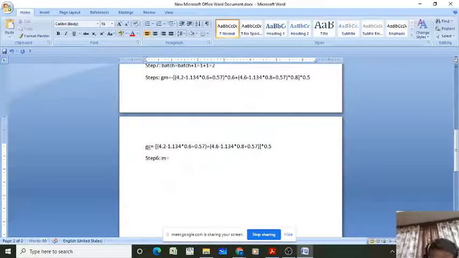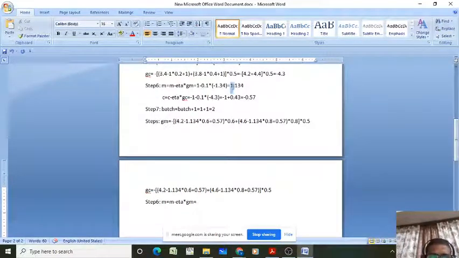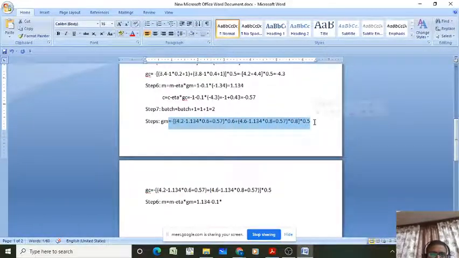Then M equals M minus eta into the gradient with respect to M. What is the M value now? The M value will be 1.134. So it is 1.134 minus eta value 0.1, let us assume, into the GM value that is coming from here. You have to replace that GM value here.